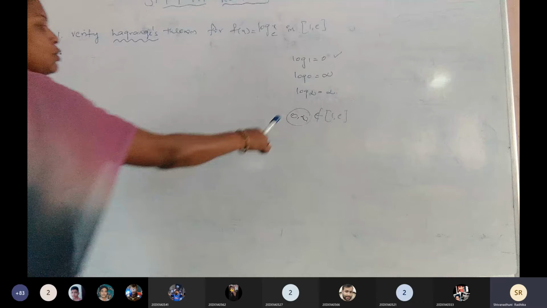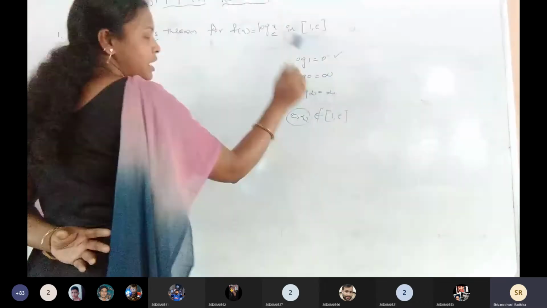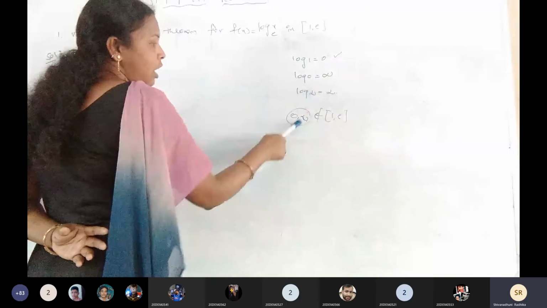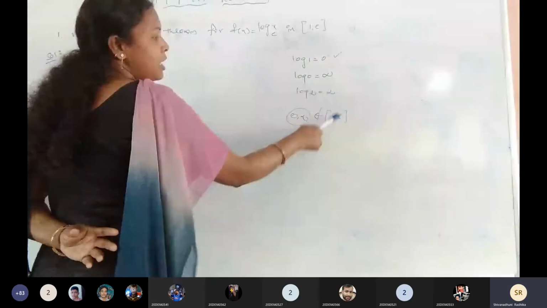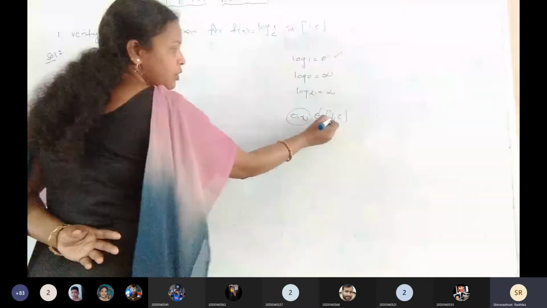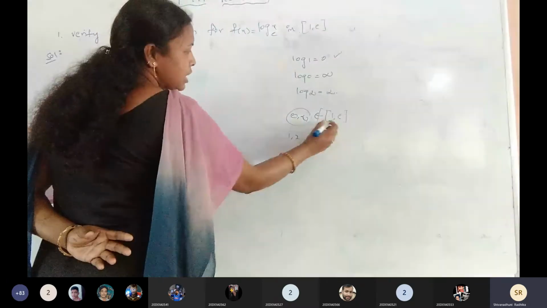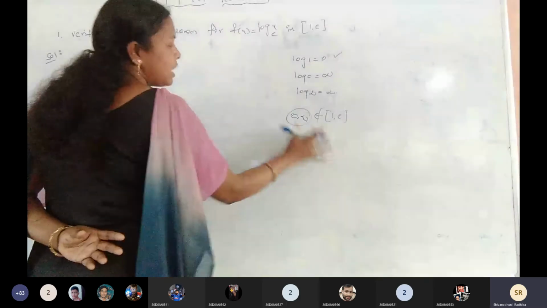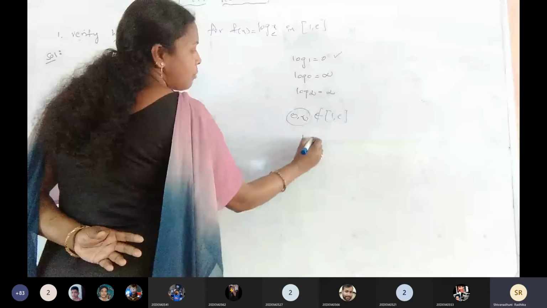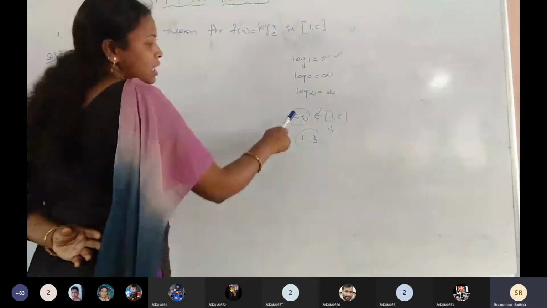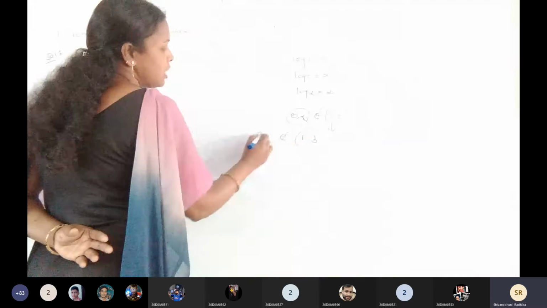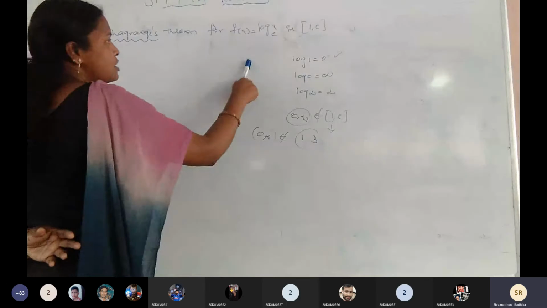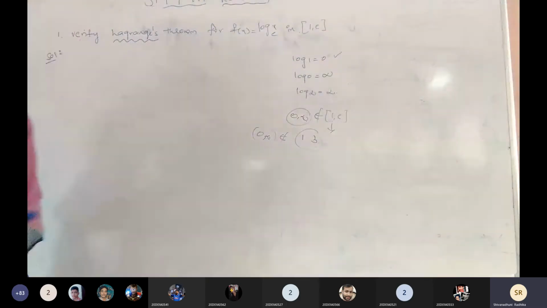These two values: at the point of 0 we are getting infinite, and at the point of infinity we are getting infinite. These two values do not belong to 1 comma e, because 0 is not there; 1, 2, and e value is 2.714 like that. So we get 1 to maximum 3 in the given interval. 0 comma infinite does not belong to the interval. Then log x is always a continuous function in the closed interval 1 comma e. Is it clear?